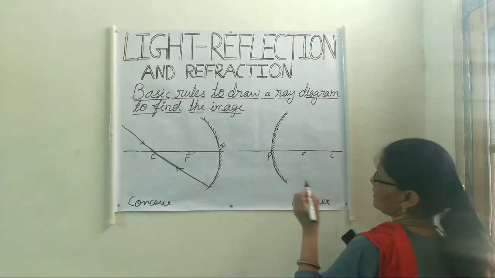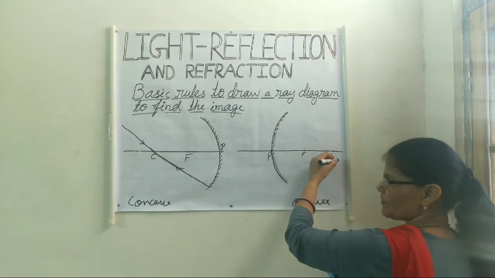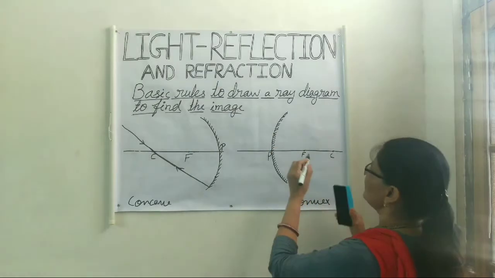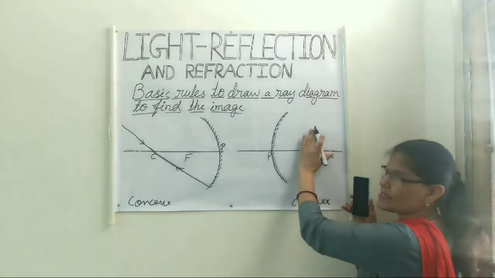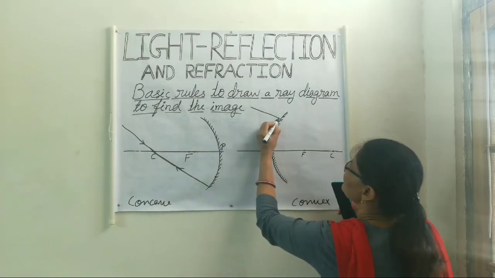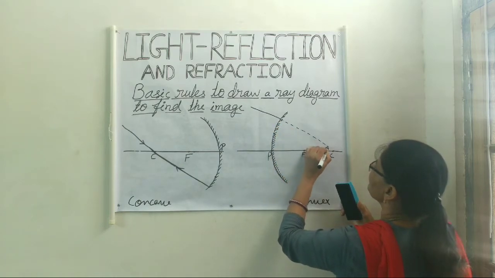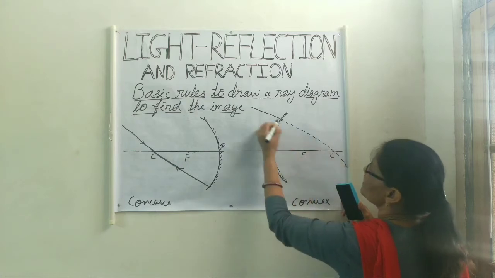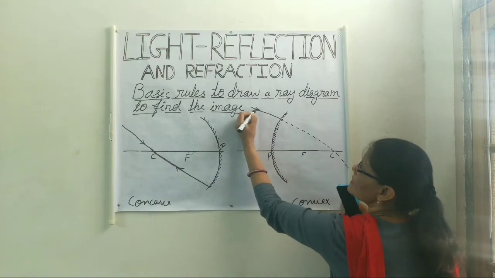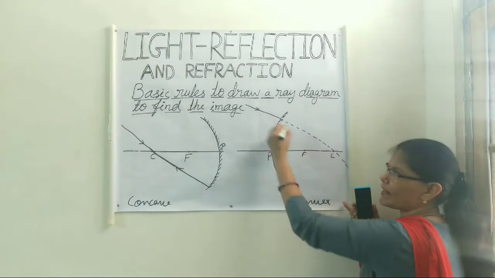In the case of convex mirror, here again the incident ray passes through the center of curvature, then it will be reflected back in the same direction. Okay, so here we have to draw dotted lines because this is the back side of the mirror. So the incident ray, like this we have to draw. This is the incident ray and here we have to draw dotted lines. It passes through the center of curvature and it strikes the mirror here. So one arrow should be here. This is the incident ray. And after passing through the center of curvature, it will be reflected back in the same direction.